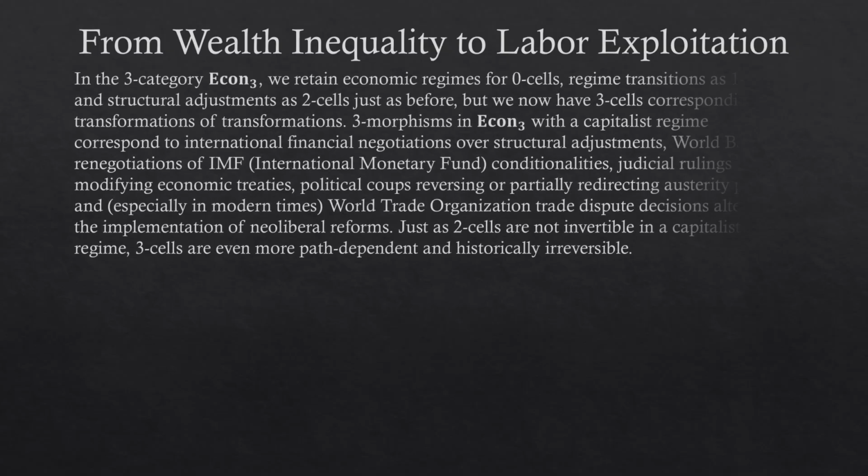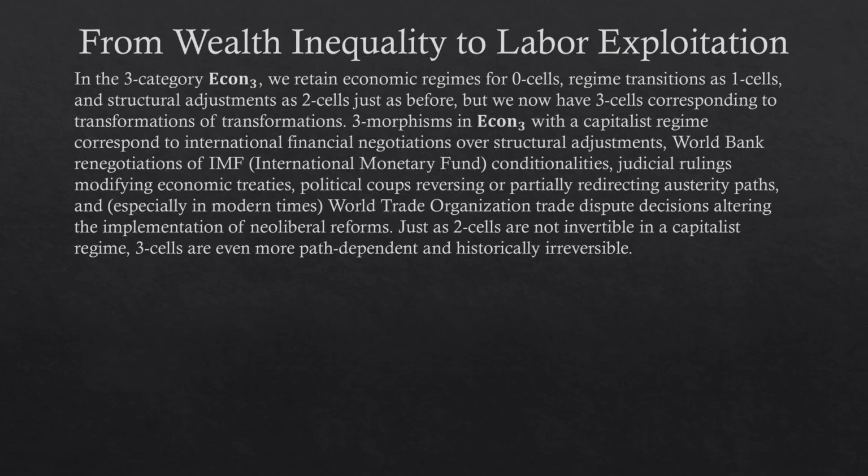In the 3-category that we shall denote Econ 3, we retain economic regimes for 0-cells, regime transitions as 1-cells, and structural adjustments as 2-cells, just as before, but we now have 3-cells corresponding to transformations of transformations. 3-morphisms in Econ 3 with a capitalist regime correspond to international finance negotiations over structural adjustments, World